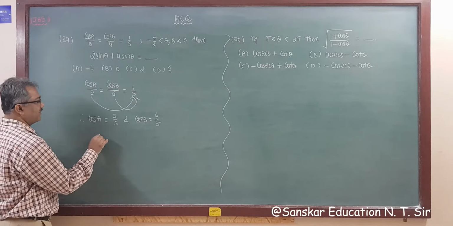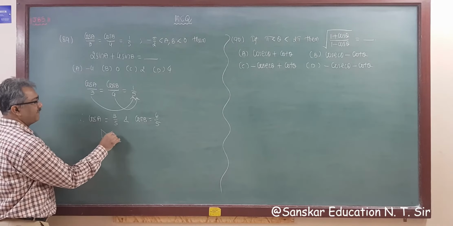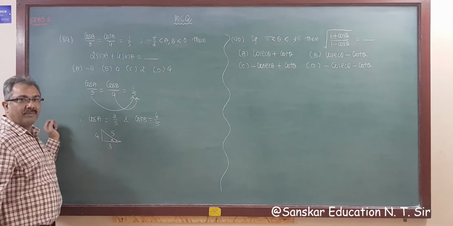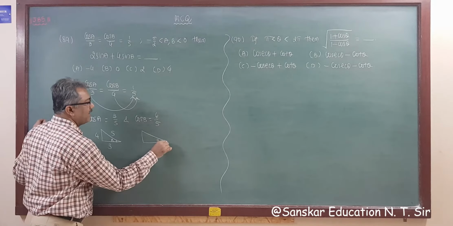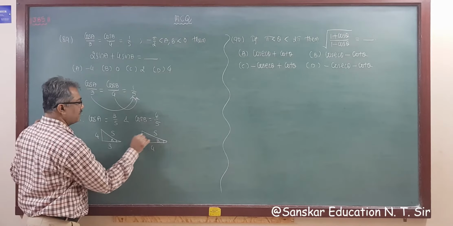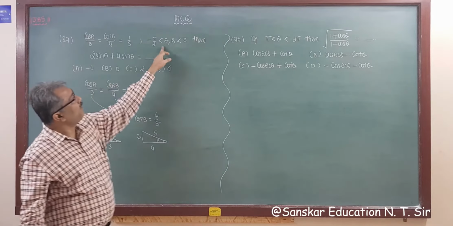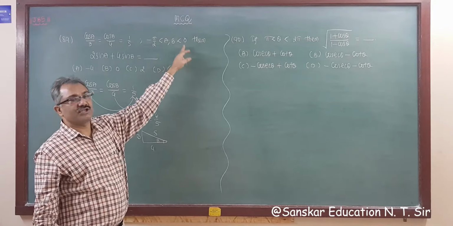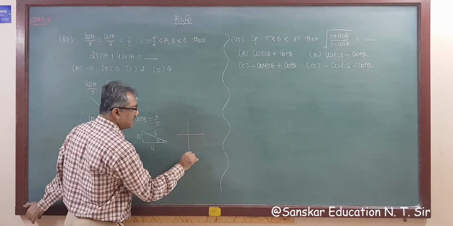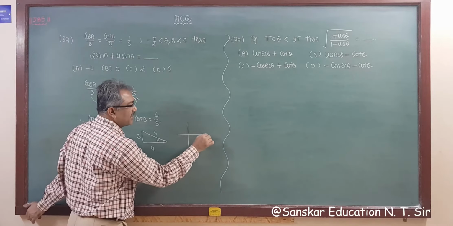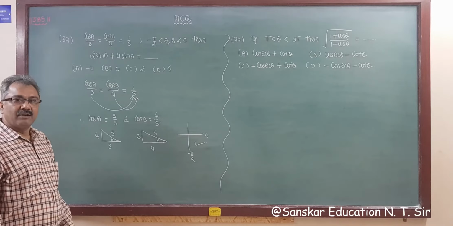Right? So now if you draw a triangle, with this as angle A, cos is 3 by 5, so this is 4 by Pythagorean triplet. And if we take B, this is 4, 5, then this is 3 by Pythagorean triplet. Also, A and B both lie between minus pi by 2 to 0, that is, if you go clockwise, this is minus pi by 2, this is 0. That is in the 4th quadrant.